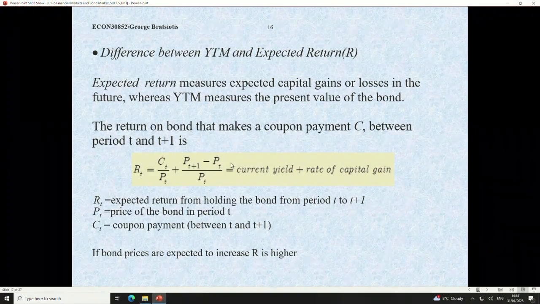Well, I'm saying that if you hold it for one period, this is not the cash flow, this is not the present value we're looking at. If I hold it for one period, where do I make my money from? The answer is, I will have a cash flow for that one year, divided by the price in real terms. But again, when you sell it, the price will have changed one period later. If this term, the P(t+1), next period, is higher than now, I will make a gain from here. This is the rate of capital gain.